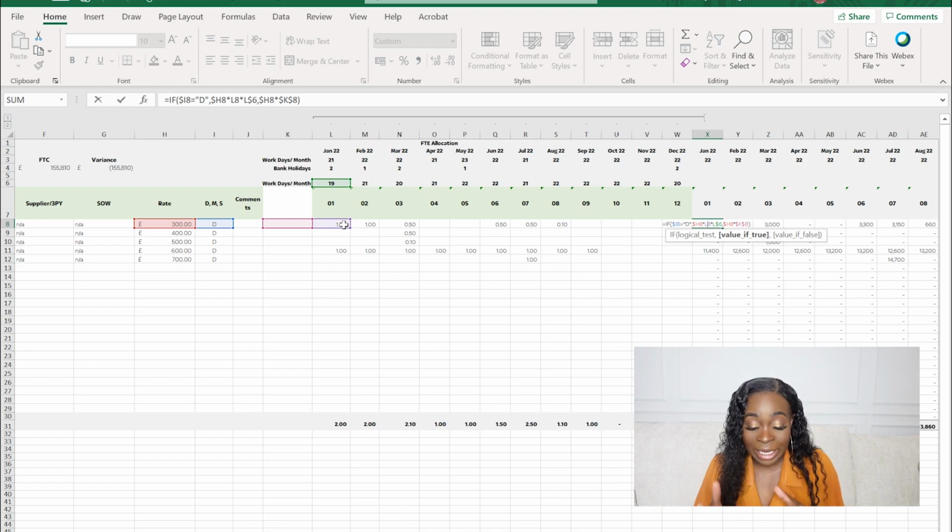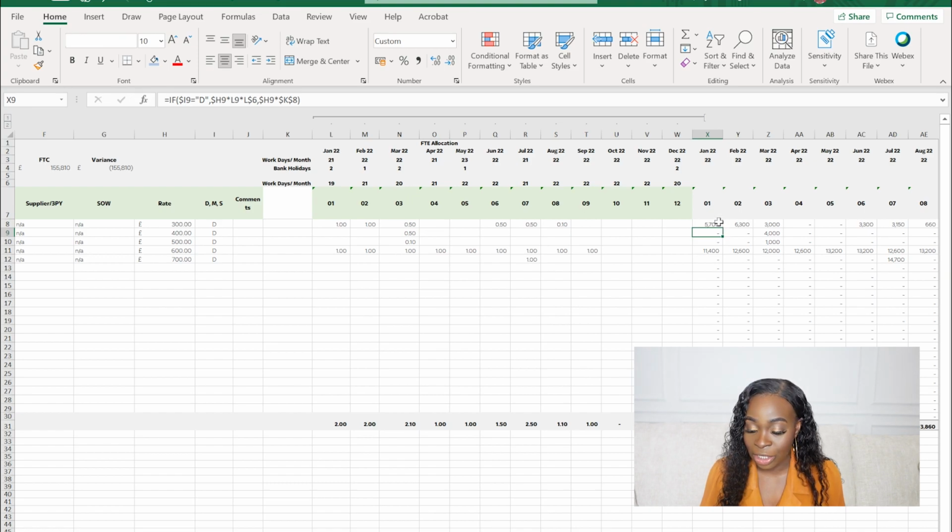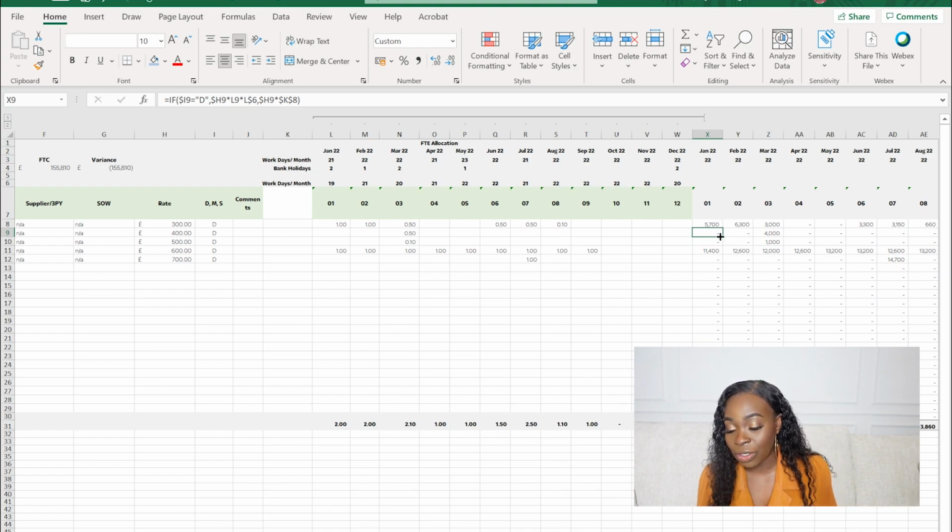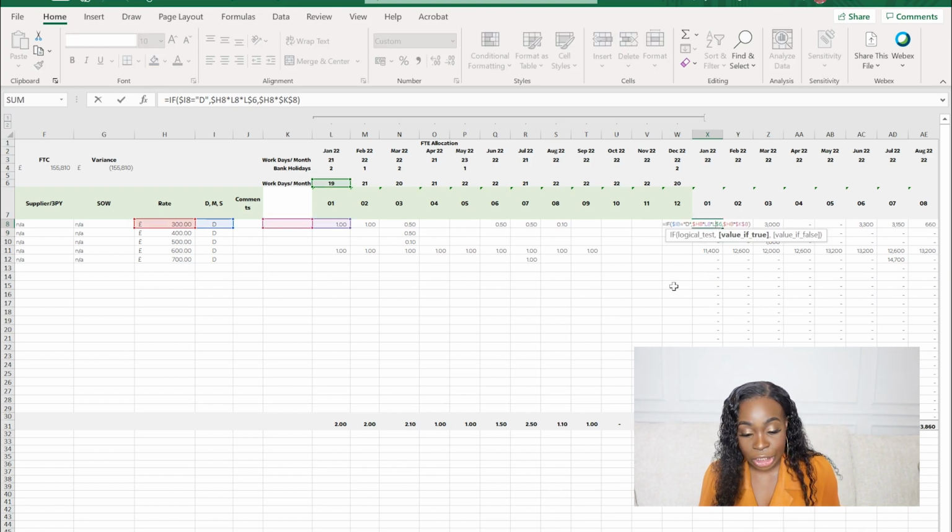So what I'm basically saying is £300 for 19 days. I want 100% of that cost to be added into my budget, and when I press enter, it comes up with a nice cost. I realized that my formula was a bit off in the previous bit that I said, so I've rectified it now, and it comes up to 5,700. Make sure also when you're copying this across, if you want to, you put in the dollar signs in the appropriate places. I'm just going to leave that there for you to do